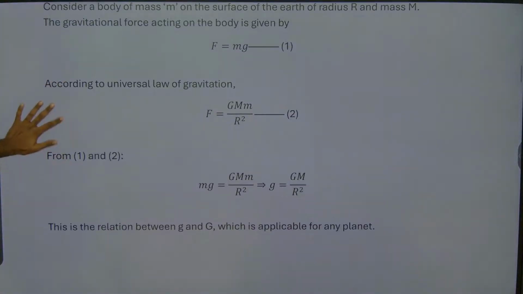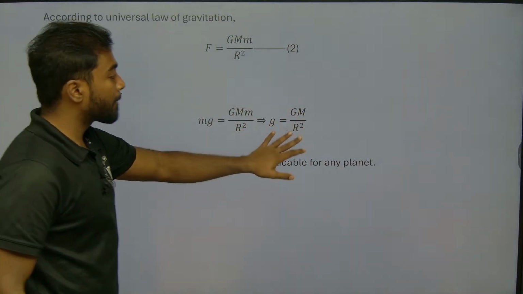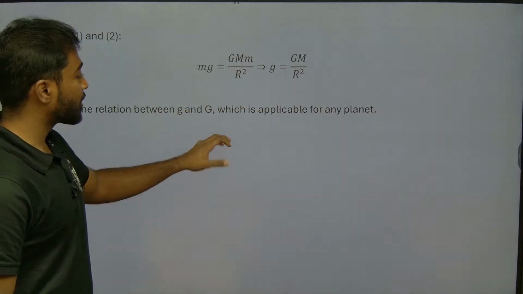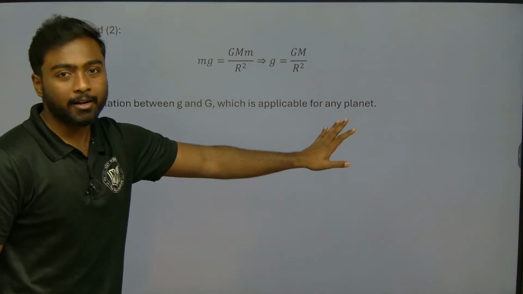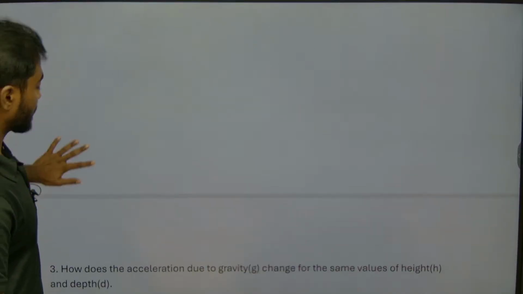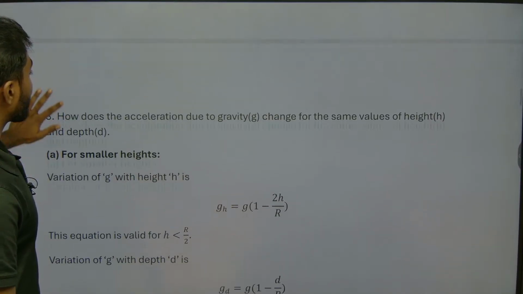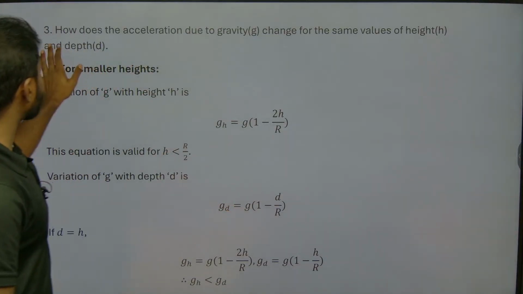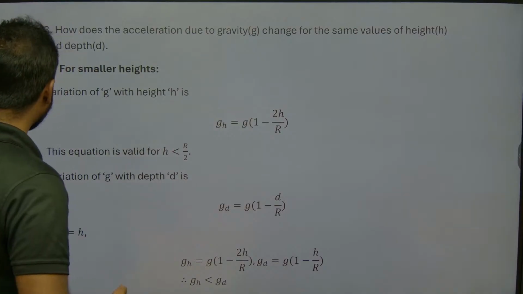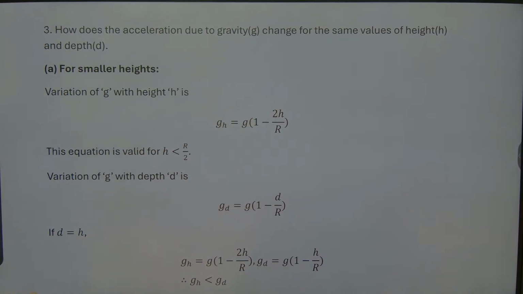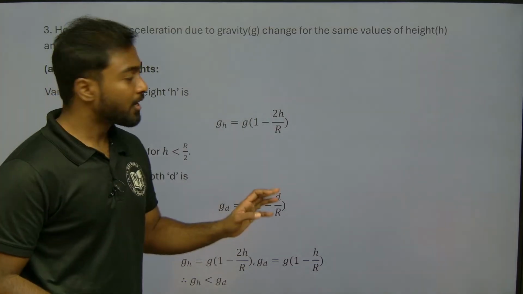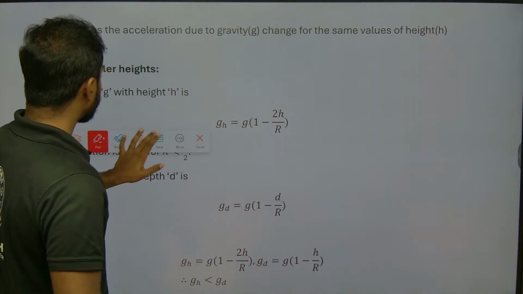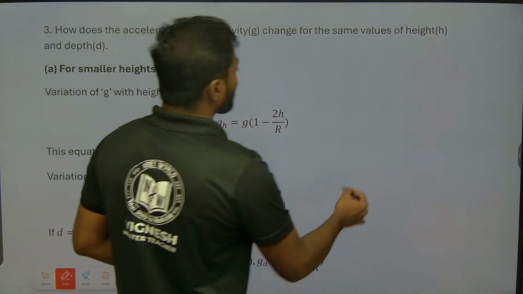So if you see here, we got that value as g is equal to GM by R square, right? So this is the relation between small g and capital G, which is applicable for any planet. Now the next question is, how does the acceleration due to gravity change for the same value of height and depth also? Okay. So I will give a short diagram explanation of this question so that it will be easy to understand the concept, right? So when I talk about,